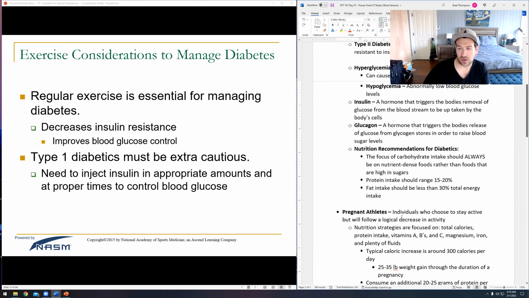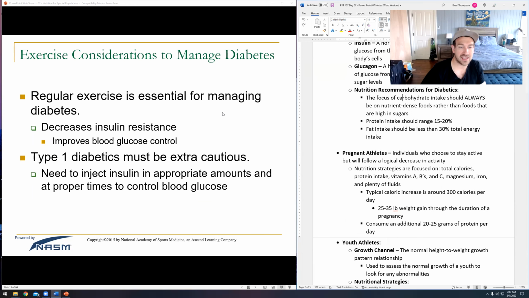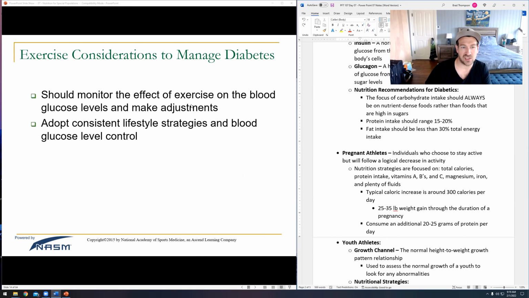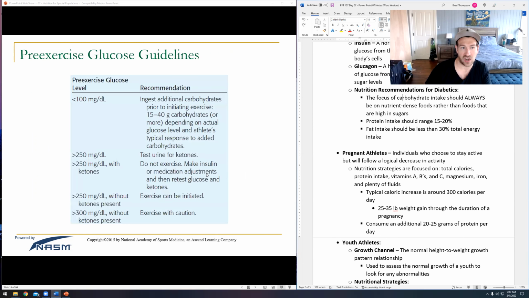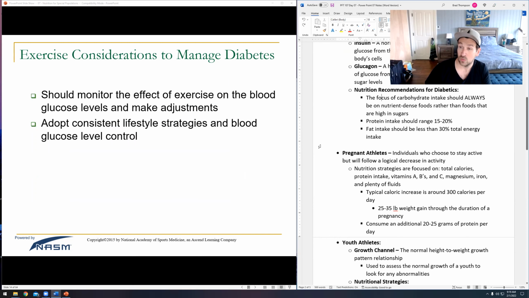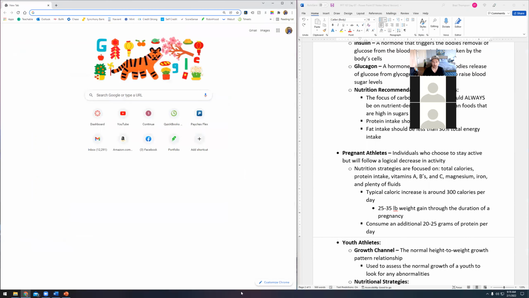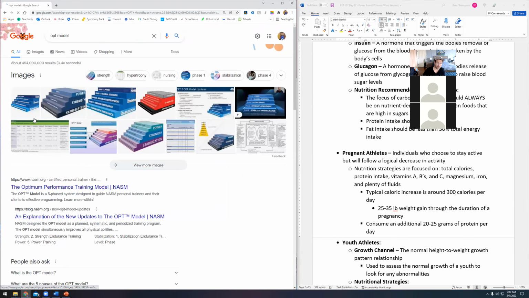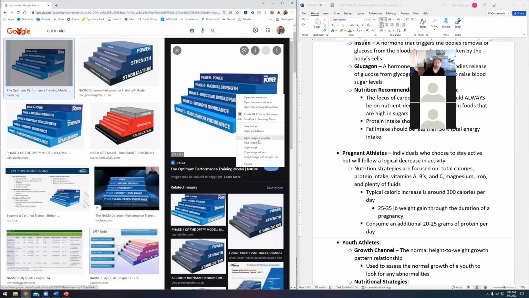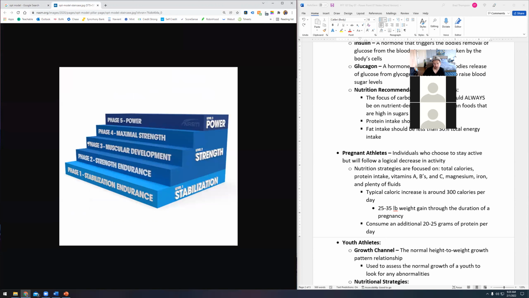So, nutrition recommendations for any of our diabetic clients, one of the biggest things is that we want them to exercise as often as possible, right? So our considerations are, we want them to engage in exercise. The other thing, we want them to engage in intense exercise. We actually like the hypertrophy style of lifting in the OPT model, right? When we look at that middle range, this is where in hypertrophy it starts getting intense. We start to move from low intensity here to high intensity here. And then we have really high intensity here, but the duration's relatively short.